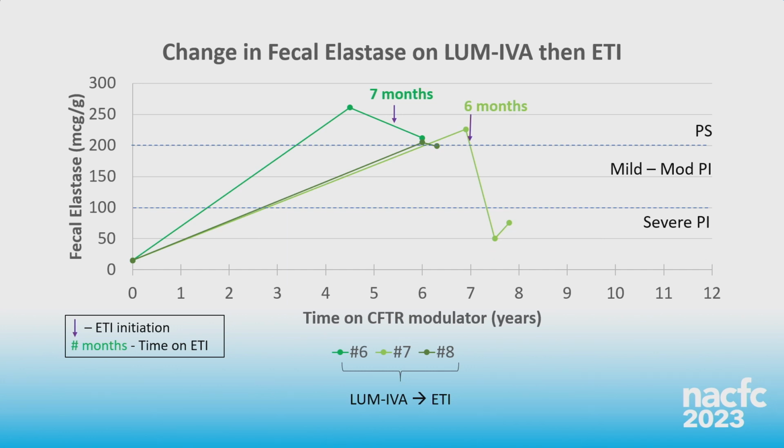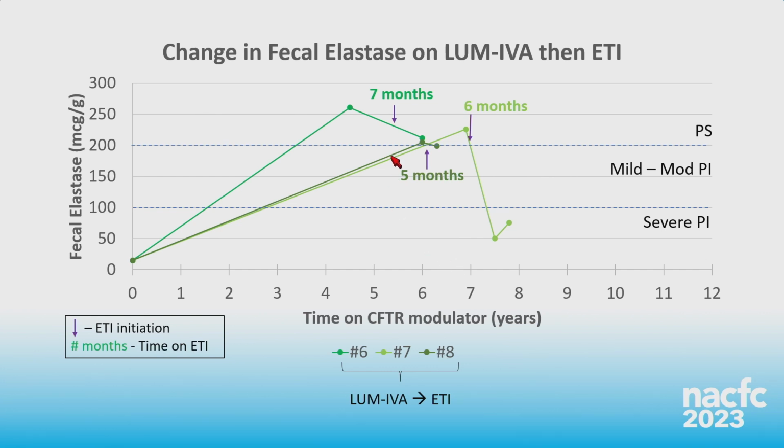This patient's sample was dropped in the toilet, and the parents were unsure if this would affect the results. So they sent in another sample, which came back at 74, which still showed in the severe pancreatic insufficient range. This patient continues to demonstrate good growth, no symptoms of malabsorption, adequate vitamin levels, and the family's reluctant to restart PERT unless necessary, and he currently remains off of PERT, and we continue to monitor him closely.